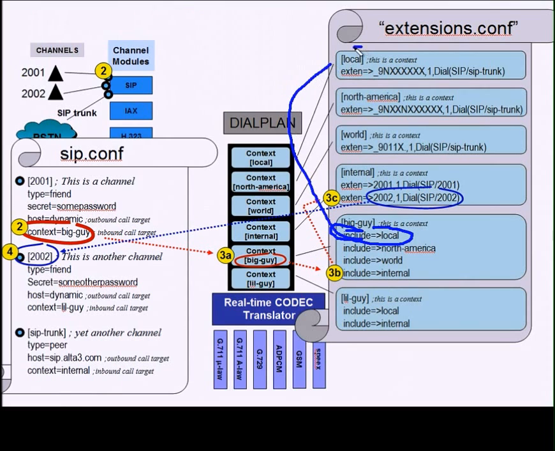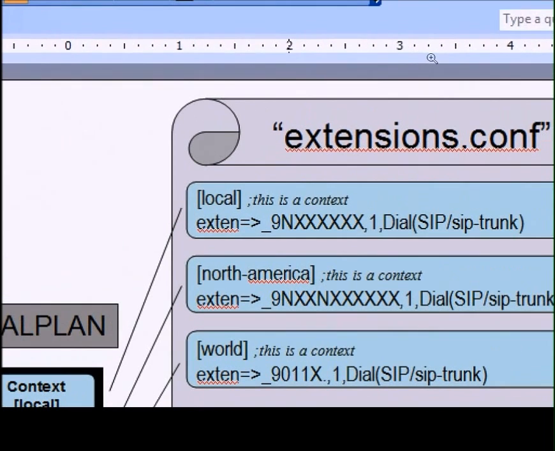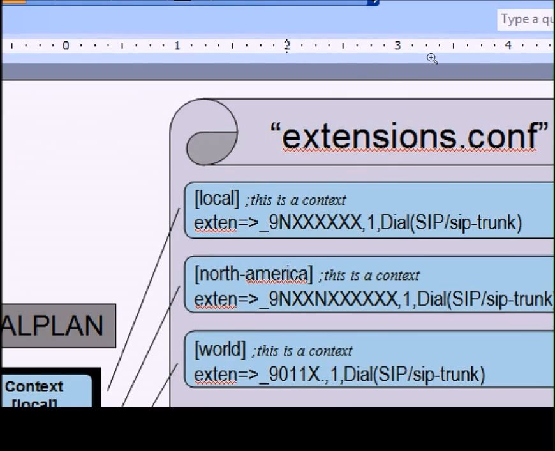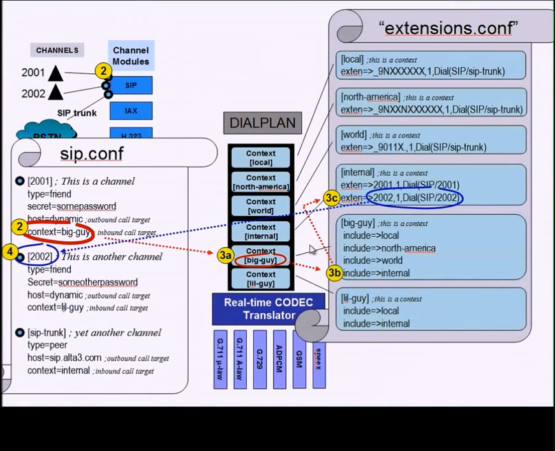2002 in the local context, where we see that the first entry is a little underscore. Now, underscore in Asterisk means what follows me is a pattern. The 9, taken literally as the first digit, must be a 9. The next digit is an N. That's understandable because of that underscore you see. So the N means I am a digit of a value 2 through 9. I will never be a 0 or a 1. The X is I am any digit 0 through 9. So this would be an example of a North American 7-digit number because, believe it or not, in some places in America you can still dial 7 digits. But whatever the case, it didn't work out because we dialed 2002, and that is definitely not going to match